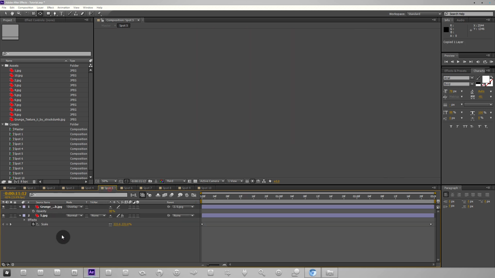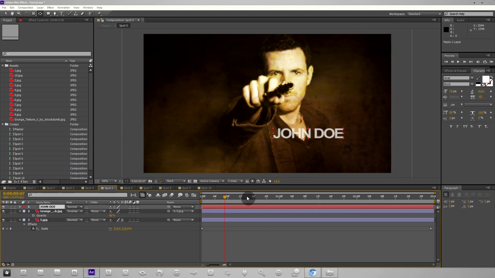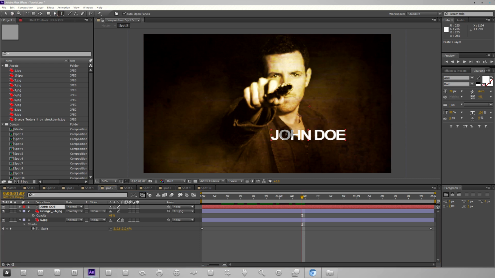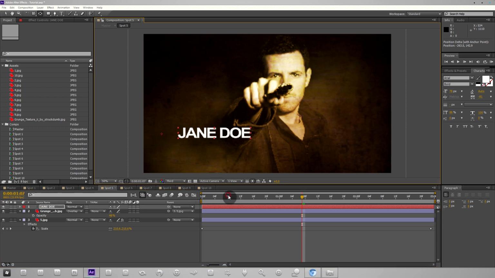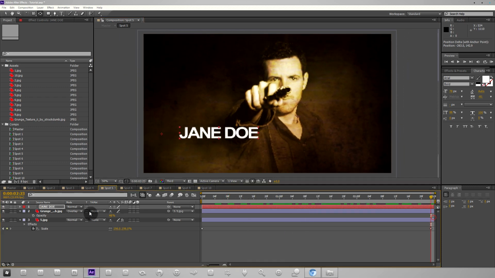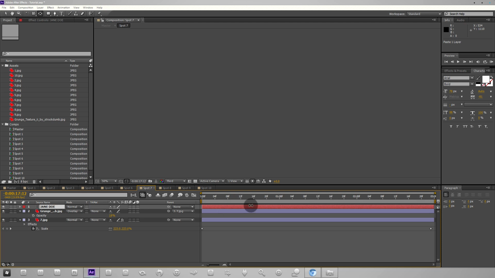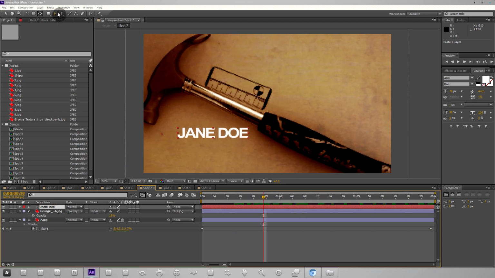I'll just go ahead and copy this, copy and paste it, and I can just change the text, move it over if I wanted to, and you can just change the anchor point as you see fit, and instantly you've got a different animation. So you just copy it, paste it up, and yeah, that's all there is to it. Once you've got the first animation done, you can be quite efficient about this. So once you're finished,